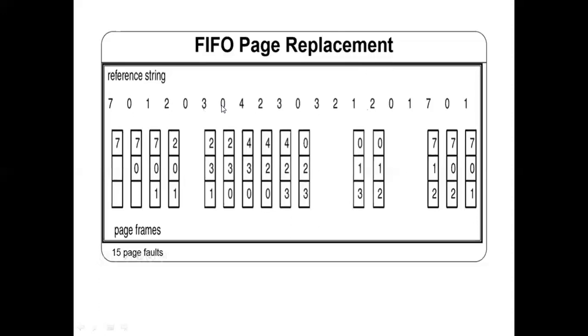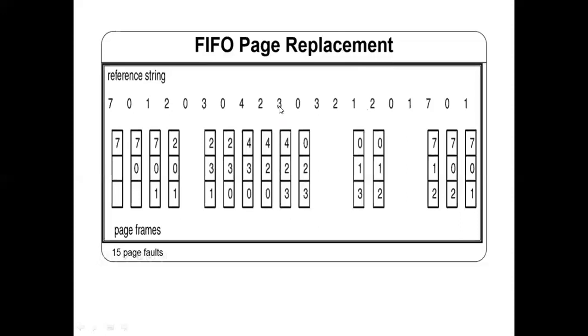Now again, this is nothing but the pages the processor is looking up for its execution. First it's executing page 7, then page 1, and so on. After page 3, page 0 comes in. First was 7, then 0, then 1, so I swap out 1 and put 0. Then page 4: which is the oldest among these? Page 2, so remove that and put 4. Then 2 comes. Which is the oldest? 3. So you remove 3 and put 2.